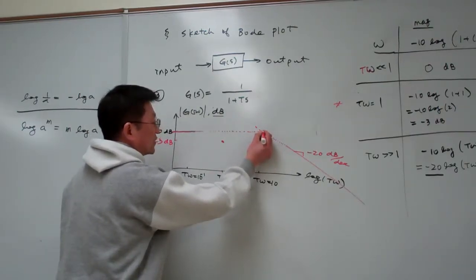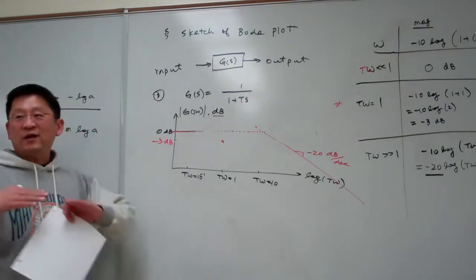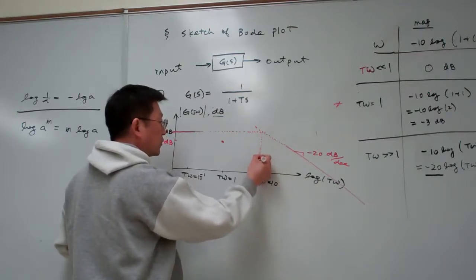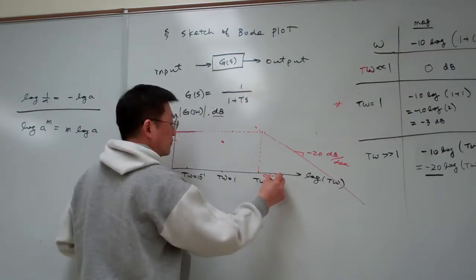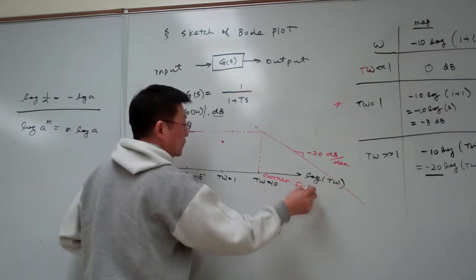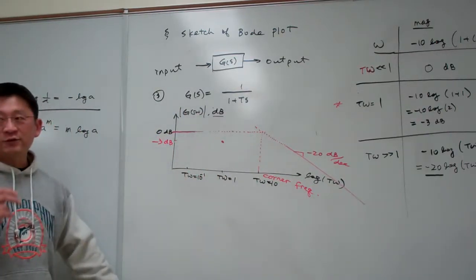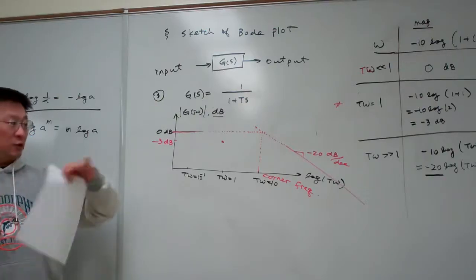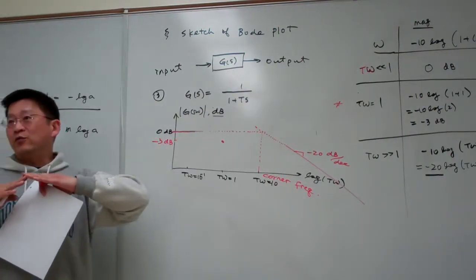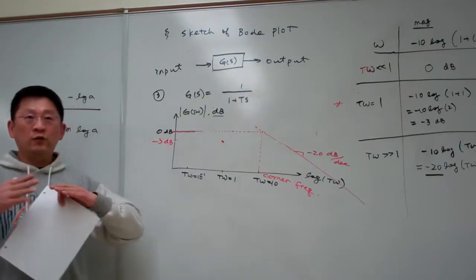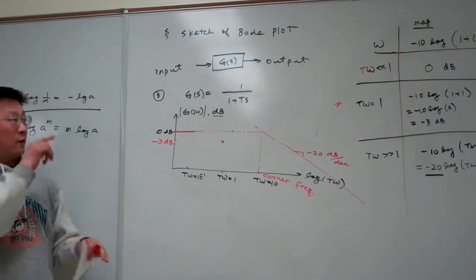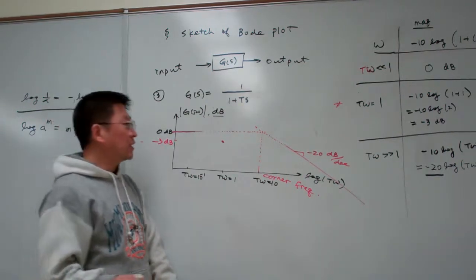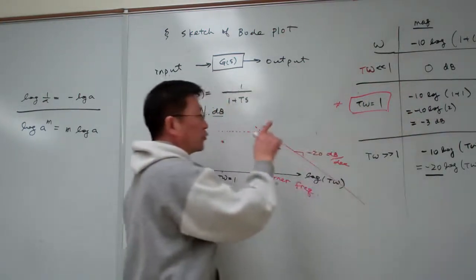you see, this is the intersection of the two asymptotes, right? So that forms a corner. So that intersection corresponding to there, we call the corner frequency here, okay? So you can treat this as additional terminology. The corner frequency is the frequency at which the two asymptotes intersect. So when the system becomes higher order, we might have more than one corner frequency. But for this case, we only have one. Okay, and I can tell you the corner frequency is the frequency corresponding to minus 3